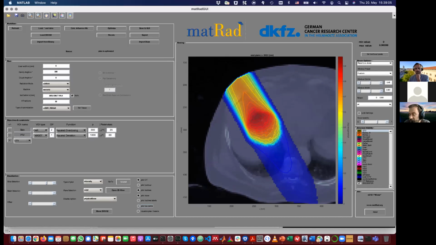Then the optimization gets super slow, the dose calculation gets super slow, but in the clinic you need it. The commercial systems are so thoroughly optimized, they come on a powerful workstation that you can somehow still live with. But if you work on your home PC,